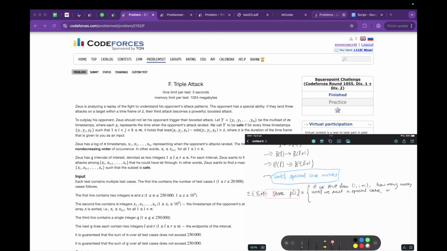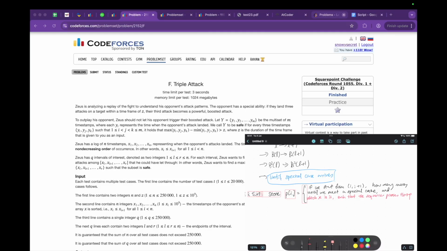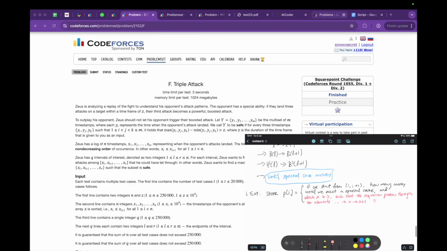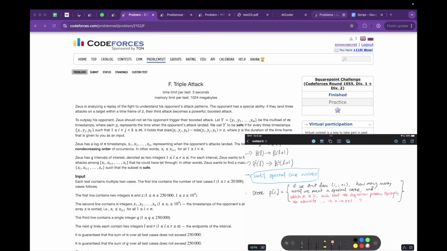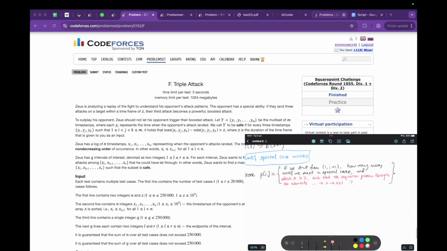and which x is it such that the sequence passes through the elements x and x plus 1. So this might be a bit difficult to understand, but basically, if we know that from I plus 1, we